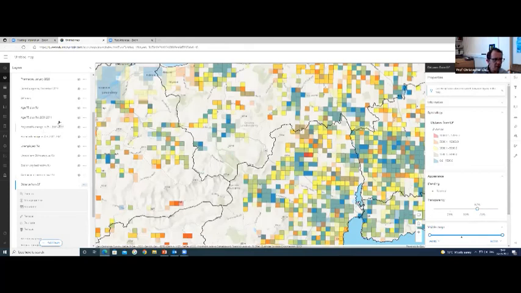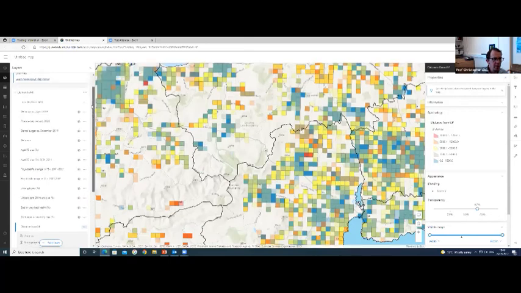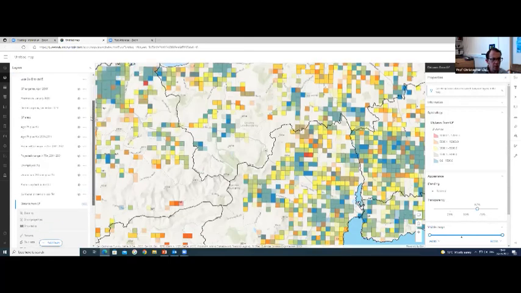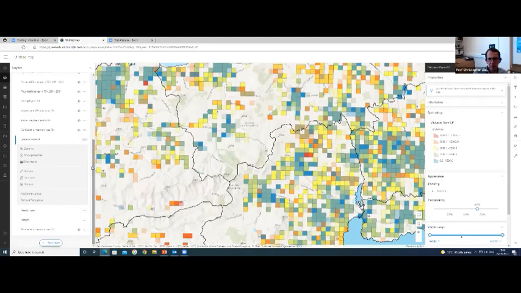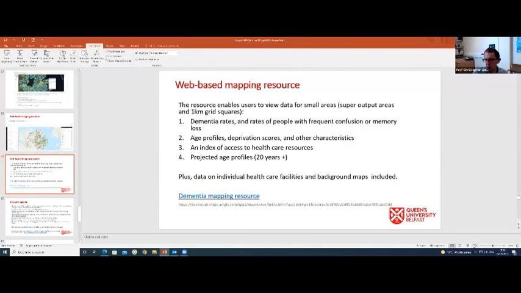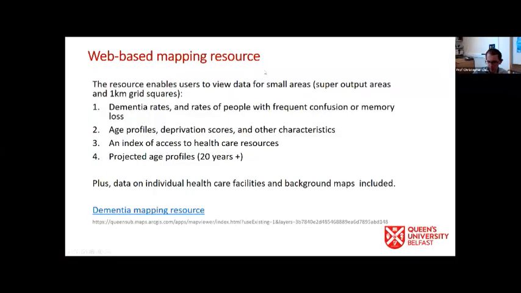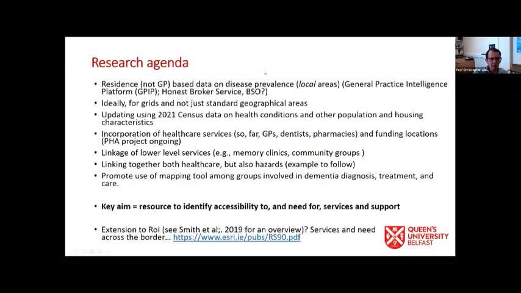Whereas if we were to use super output areas of some kind, or other zones like wards, this entire area would appear to be populated. Okay, so I'll come to how this could be expanded. At the moment, it's a fairly basic resource that includes just a limited number of layers, but there's potentially much more that could be done. So I will finish off with the formal part of the presentation while we've still got a few minutes.